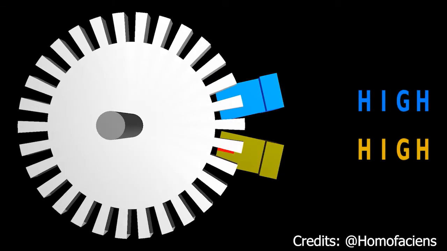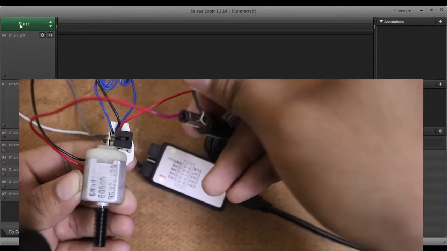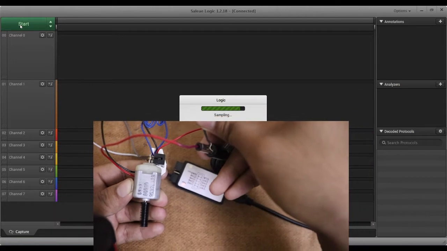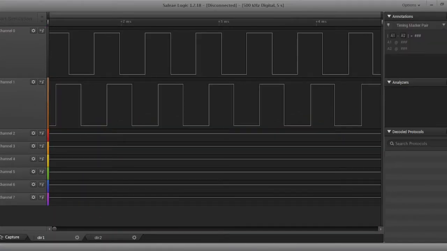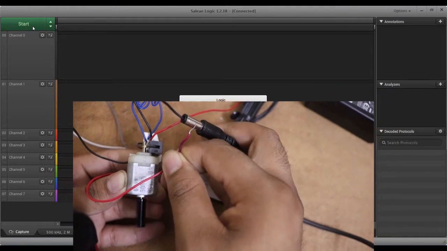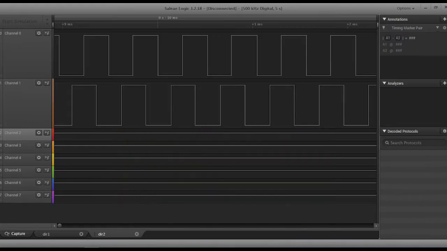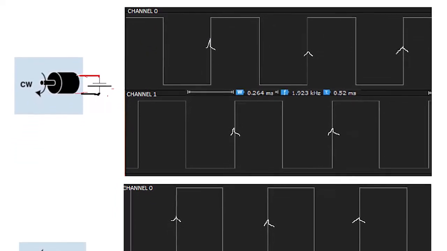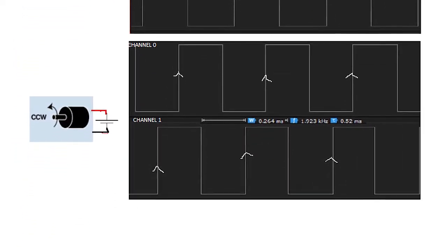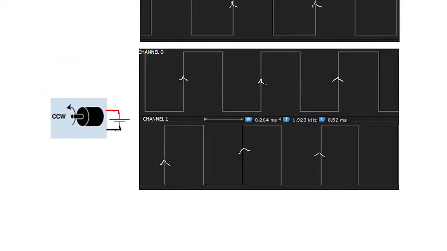On powering the motor with 12 volts and connecting the sensor to a logic analyzer, I observed these two square waves on two output channels. They have some phase difference between them. The direction of the rotation can be determined by looking at which channel signal is leading. Here you can see when the motor is moving in the clockwise direction, channel 0 leads, while for the anti-clockwise direction, channel 1 leads. While the number of rotations can simply be determined by counting pulses, speed can be found by calculating the frequency of the pulse.